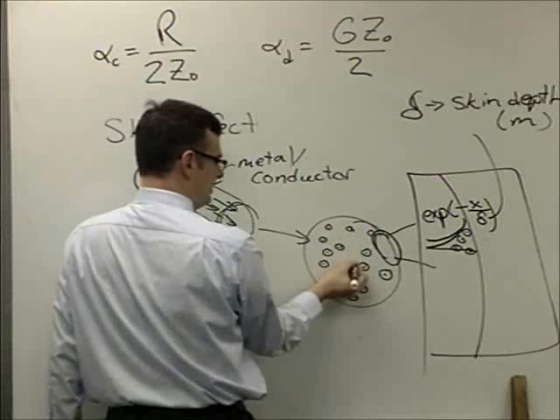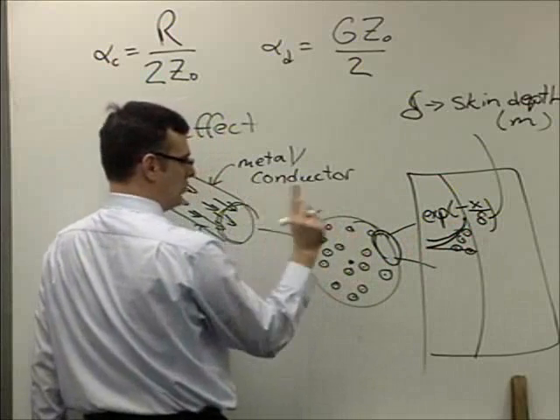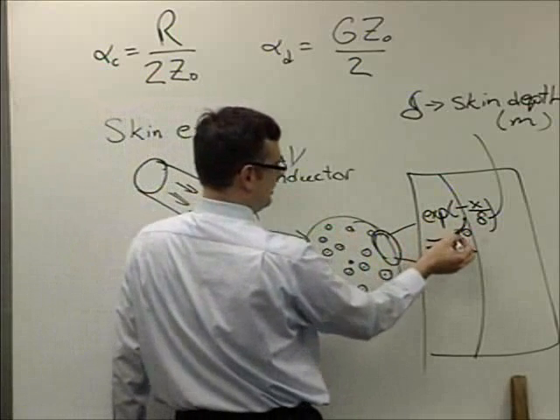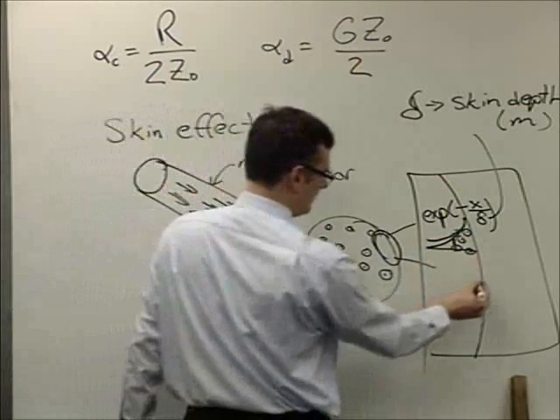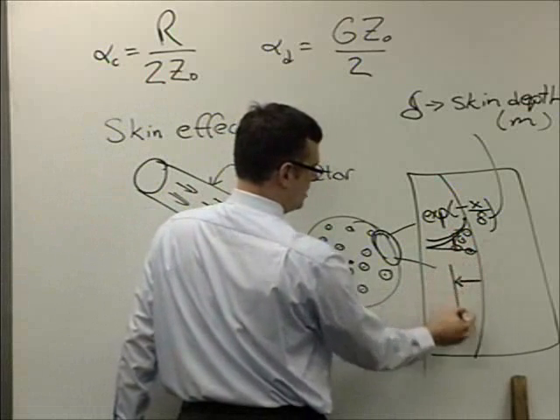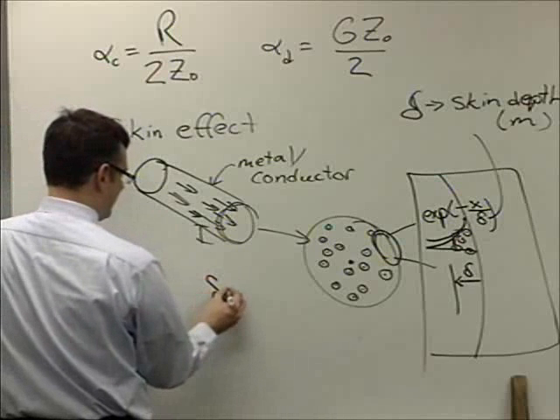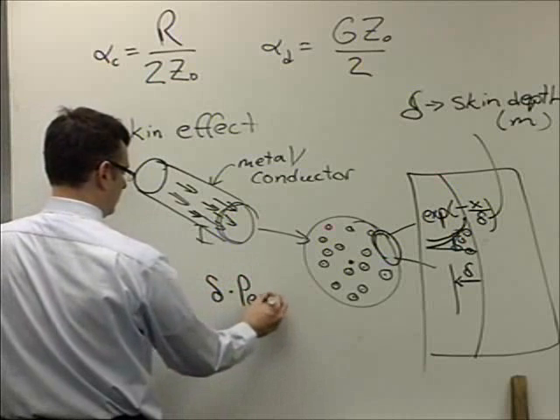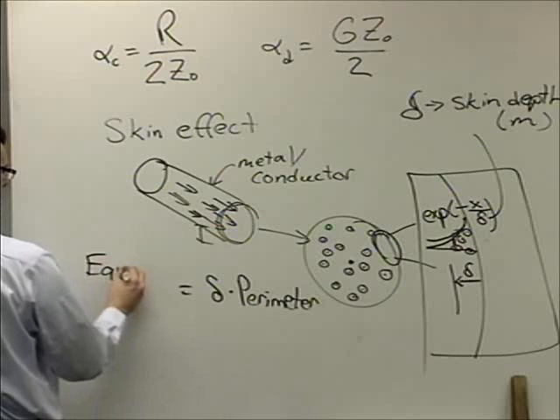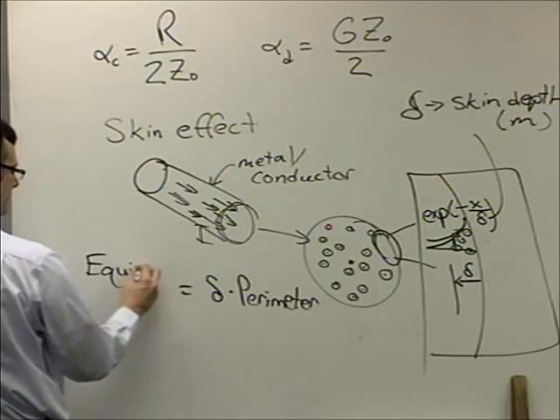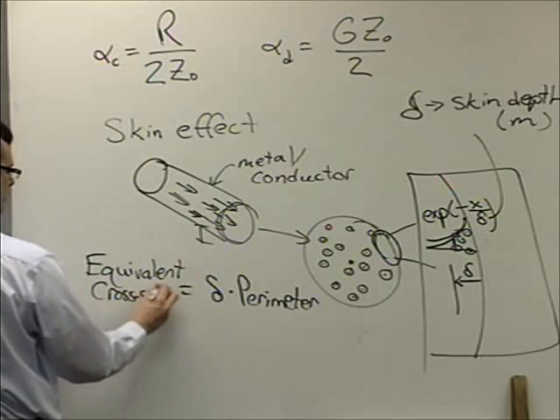Thus, even though it technically doesn't go to zero if you go to the center of the wire, most of the current is carried within the first couple skin depths. In fact, one way to think of the skin depth is that if I went one skin depth into the material, and I took that skin depth and multiplied it by the perimeter, this is what I actually have as an equivalent cross-sectional area